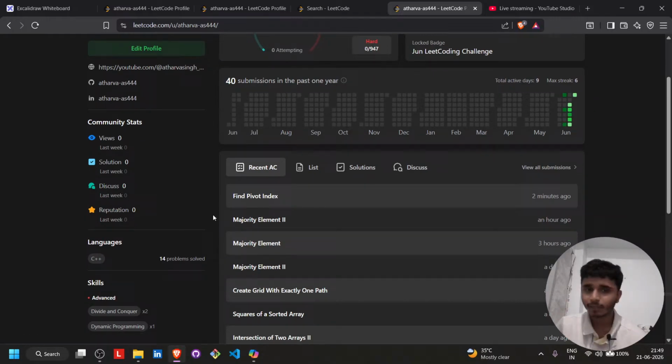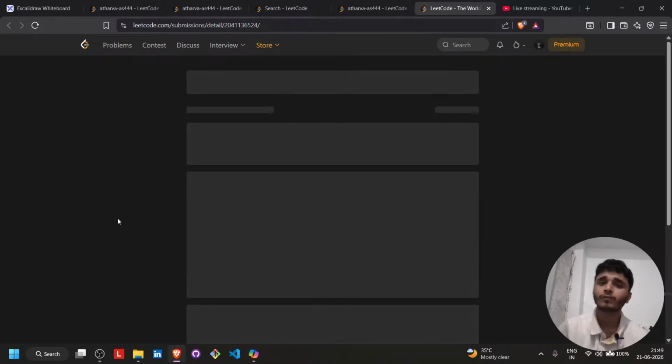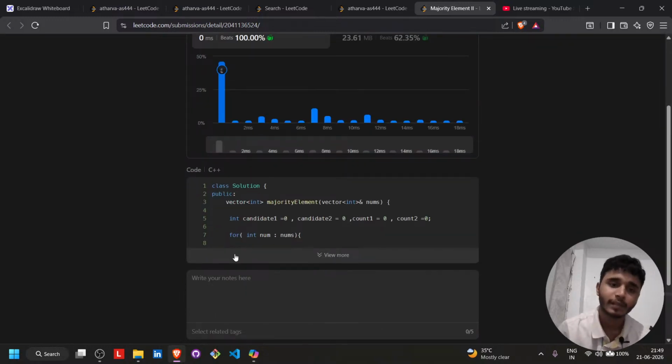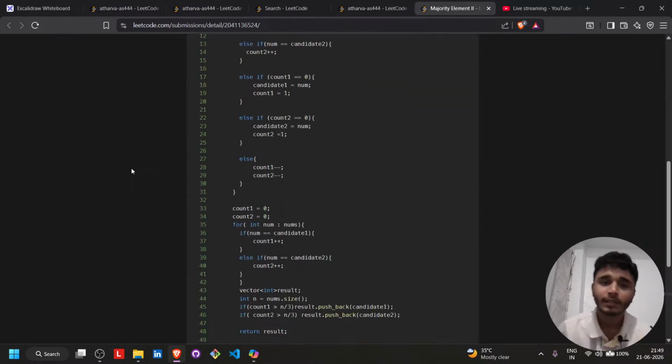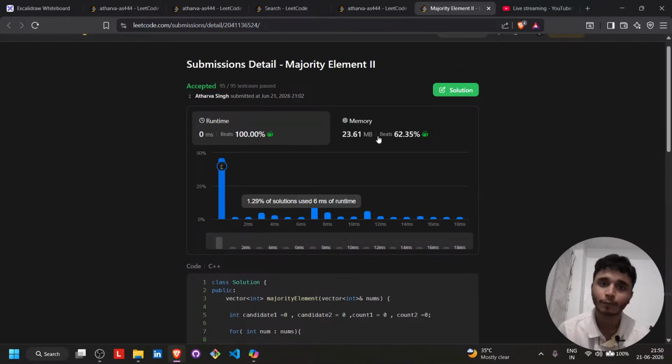First we revisited the majority element problem part 2, and we tried to write the code as much as possible by ourselves, using the better approach that we used earlier, and submitted it. After that, we did this problem with the most optimized approach, that was Moore's algorithm, which we used